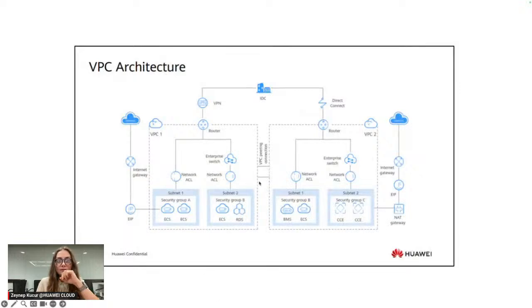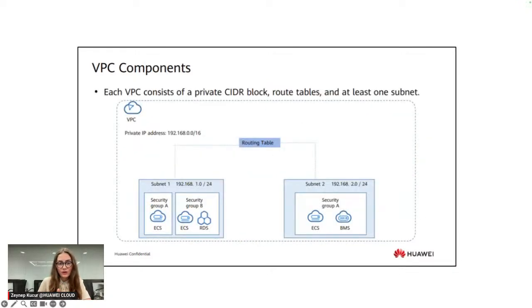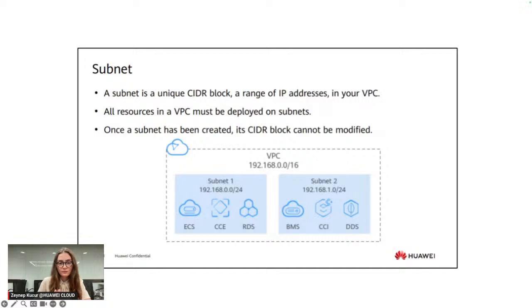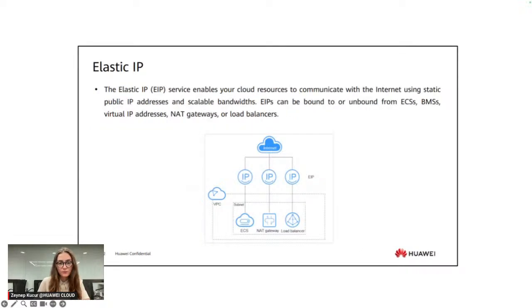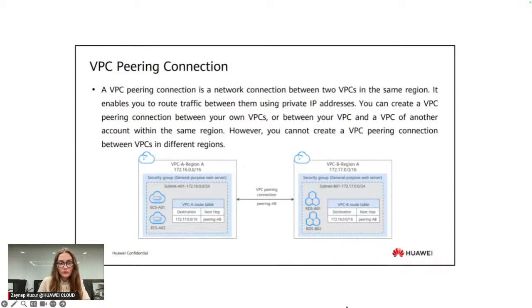Here, we see two different VPCs. They're in the same region, and there's a VPC peering connection. So if there are resources in different VPCs, they cannot connect to each other by default. We have to create a VPC peering connection for them to be able to connect to each other, to talk to each other. So if I go back to the slides, like I said, it's basically a way to connect